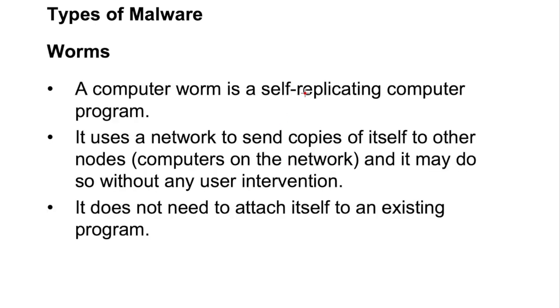Worms. A computer worm is a self-replicating computer program. This is the main characteristic or feature of worms. It uses a network to send copies of itself to other node computers on the network, and it may do so without any user intervention. So if your computer is connected to a network, or three or four computers are connected, and one is infected by a worm, the other computers will get it